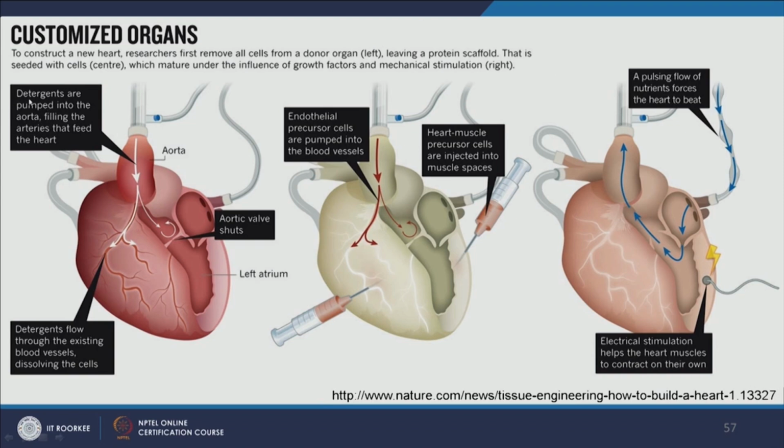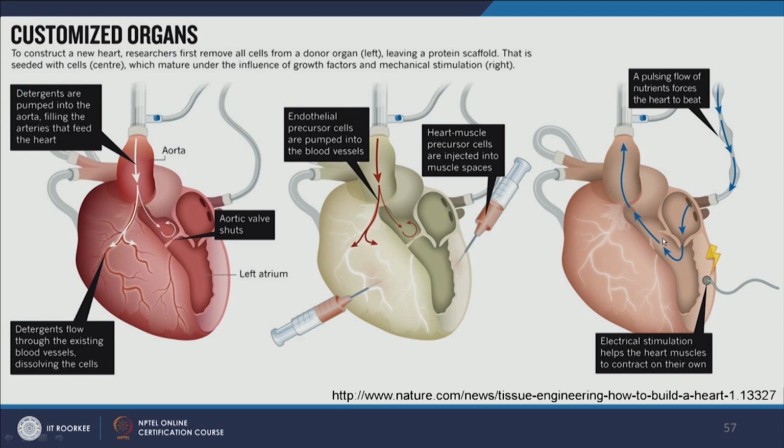So, the first step is detergents are pumped into the aorta, filling the arteries that feed the heart, okay, and these detergents flow through these blood vessels and dissolve all the cells. Then once the cells are removed, you will be left with only the particular scaffold. Then precursor cells can be pumped into blood vessels and heart muscle precursor cells can be injected into the muscle spaces. Once the patient cells are grown on the scaffold, this can be transferred to